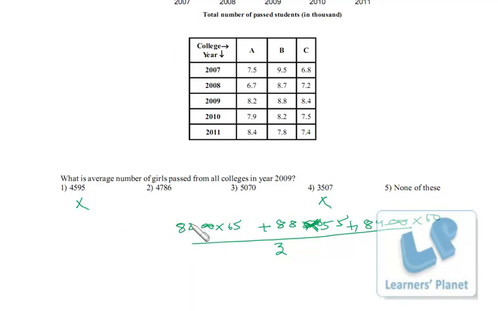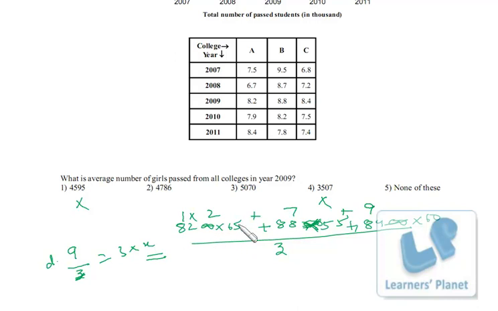See, 8 into 10, 1 into 6 and 5, 11, 2, plus 8 and 8, 16, 7, plus 8 into 4, 8 plus 4, 12, that is 3 into 6, that's a multiple of 9. So overall, your answer must be 9 plus 9, that is 9 by 3 is equal to 3x. So your answer must be a multiple of 9, right? So we just have to see from these two if we get a multiple of 9 or not.